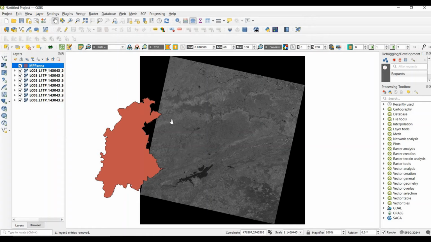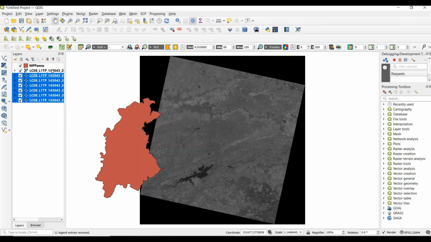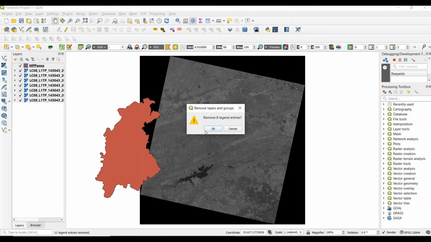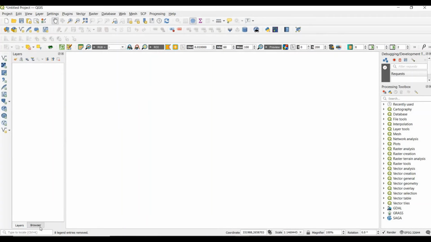So these are the methods of adding a layer from our device or computer system. There are some other methods of adding a layer using internet or some other means. Let's see. Let's delete all these layers. Remove layer. Okay, go to browser and